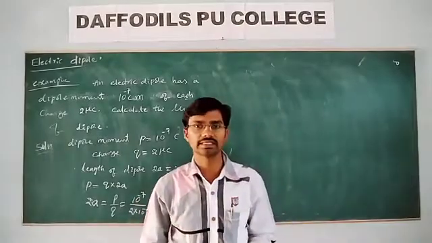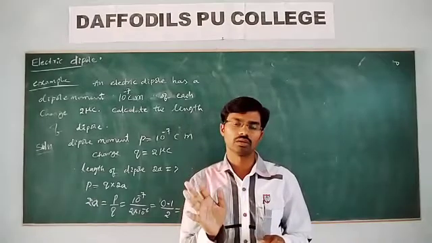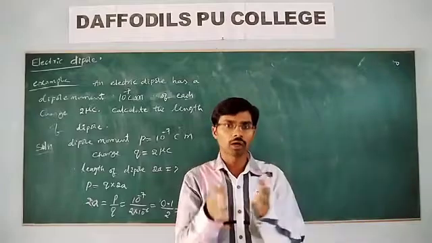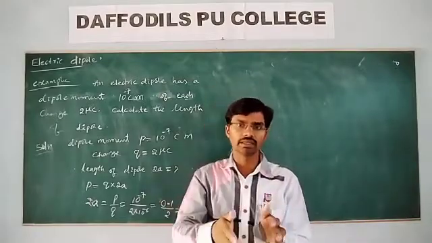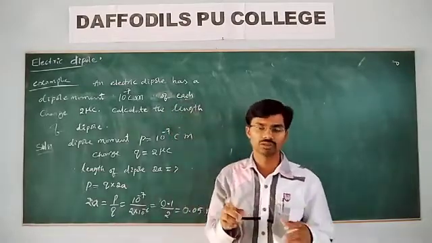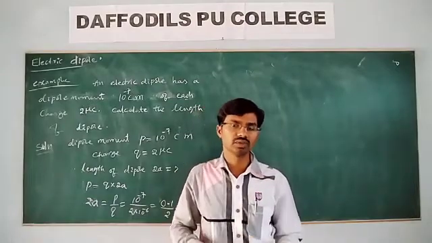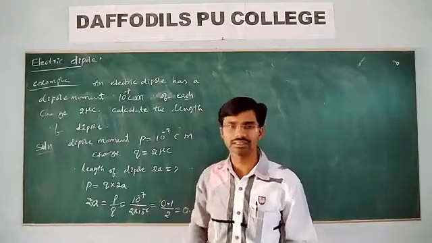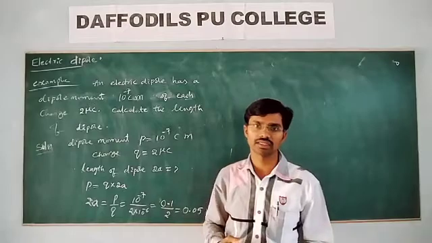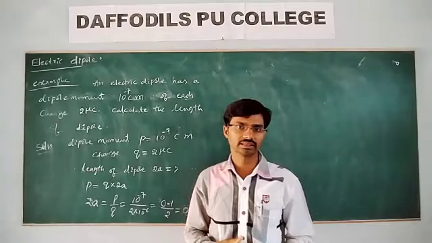In the next class we will discuss that for an electric dipole, the net charge is 0 but the net electric field is not 0. Then what would be the electric field of a dipole on the axial line and on the equatorial line. We need to derive the expressions for the electric field of an electric dipole on its axial line and equatorial line, and this we will discuss in the next class. These are the basic things for this topic. Also try to write the dimension formulas yourself if you know the formula. Follow it.